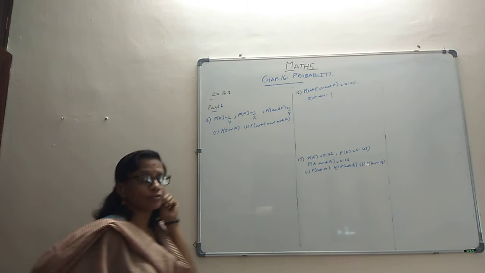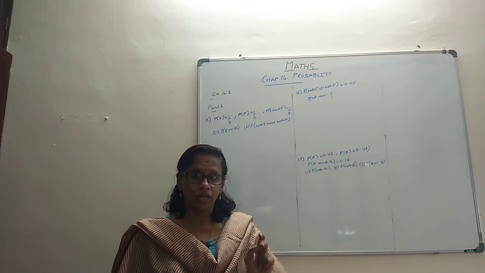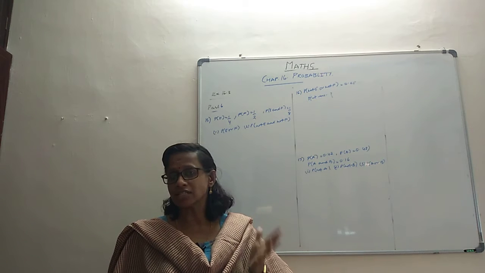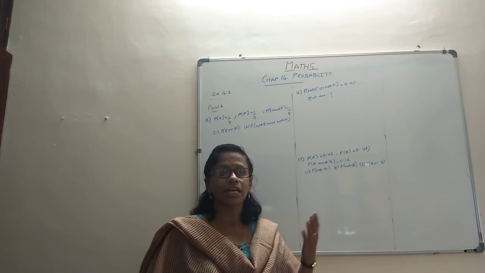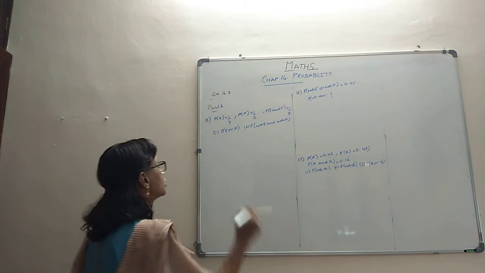Now one thing that we have to always make ourselves understand is that words like "and" and "both" will always stand for intersection. Words like "at least", "either or" and such things will indicate union. So that has to be there in our mind, so that will help us解 word problems easily. So let's continue here also.